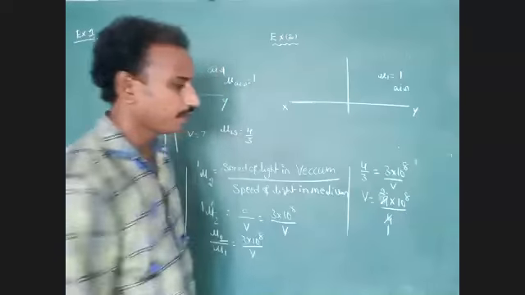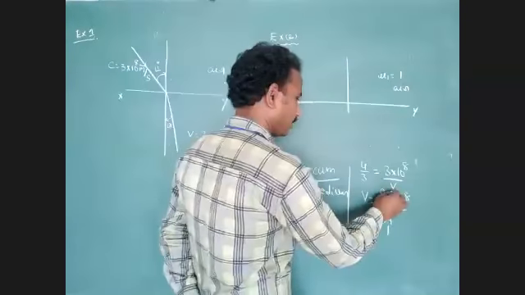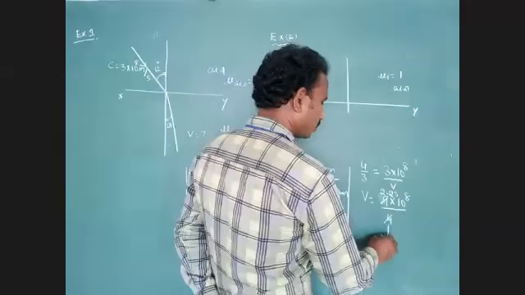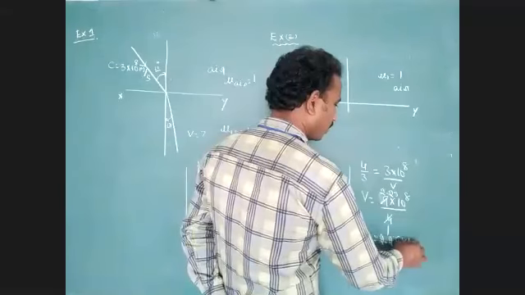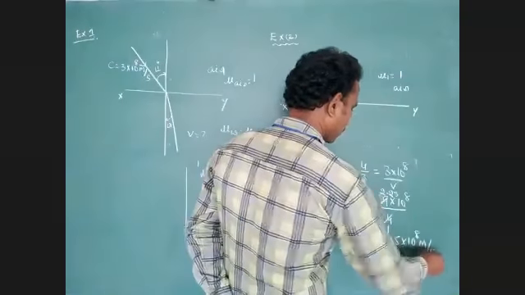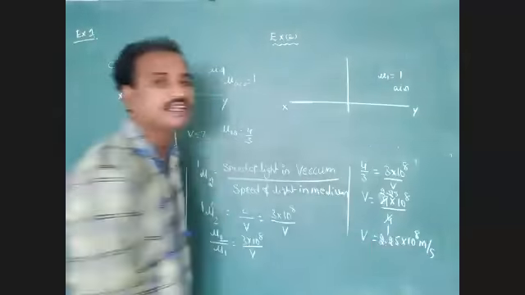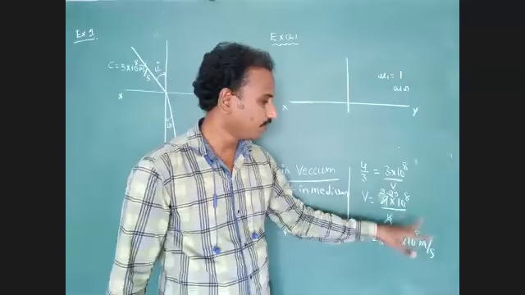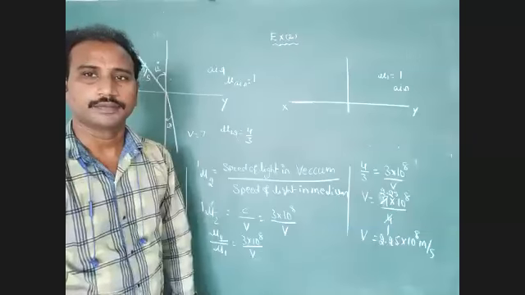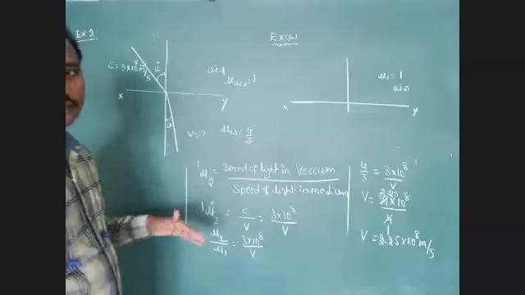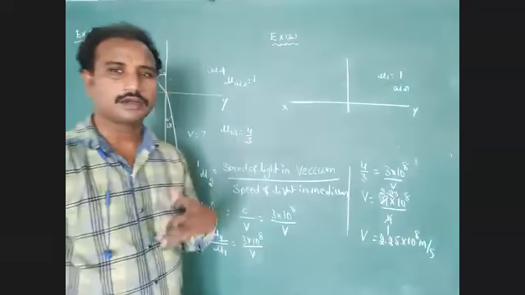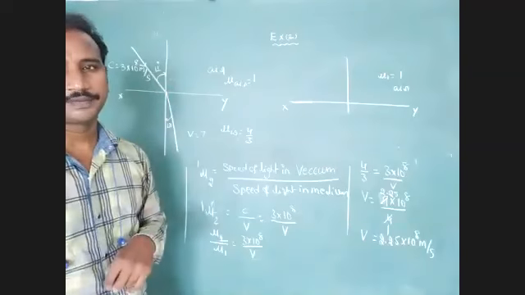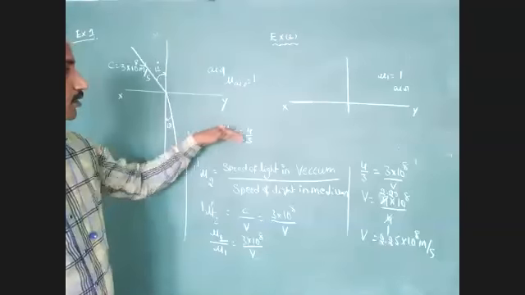Okay, we keep the remainder. Next, again we multiply, 2 times, next 5 times. So the answer is 2.25 into 10 to the power of 8 meter per second. The velocity of light in water medium is 2.25 into 10 to the power of 8 meter per second. So the condition is applicable, as I already explained: the speed of light in a dense optical medium is less than the speed of light in a rarer optical medium. Here the optical density is 1.33.